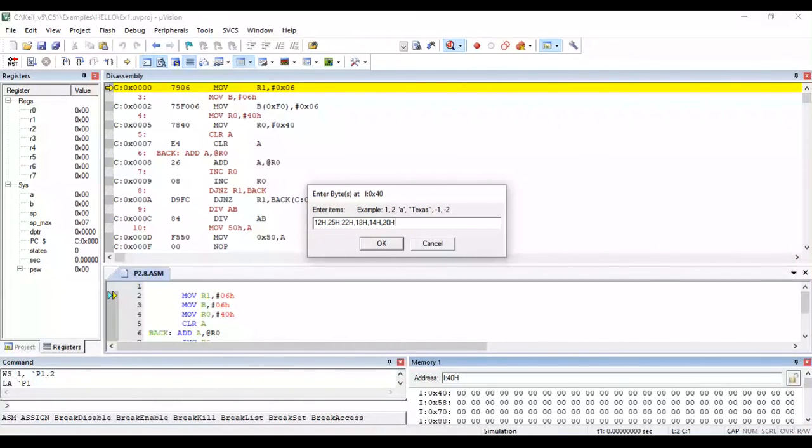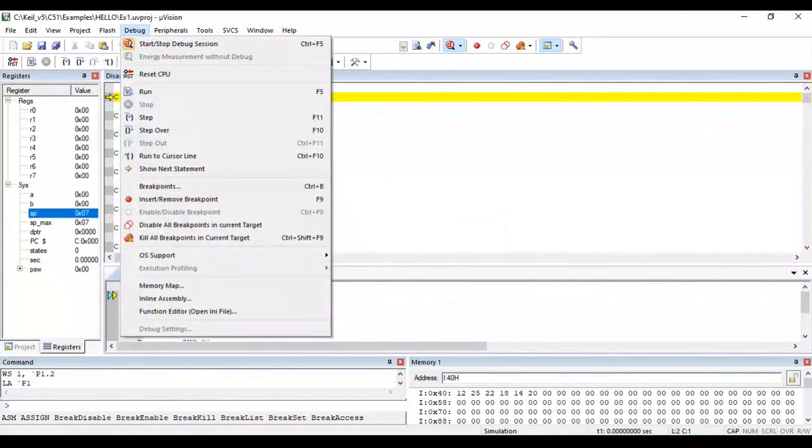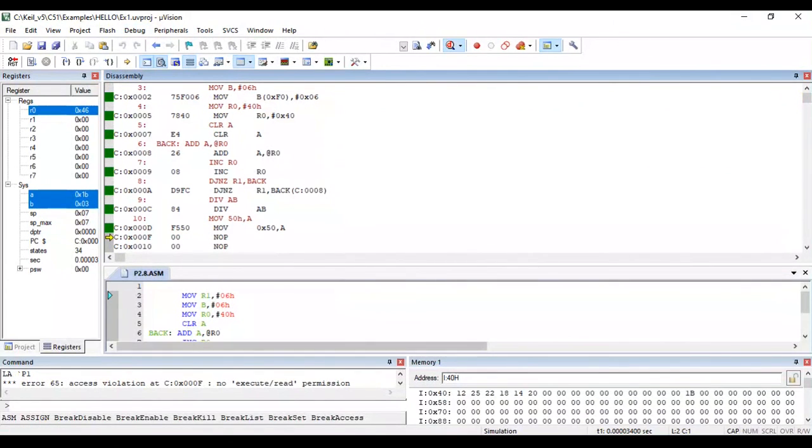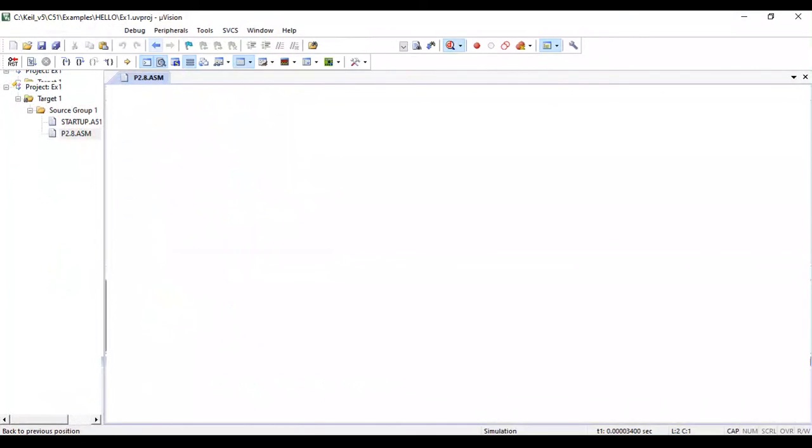And then press OK. So then go to debug, click on run. So the output is appearing in the memory location 50H. So we can see the average of the 6 numbers is shown in 50H location. Then go to debug, click on stop debug session.